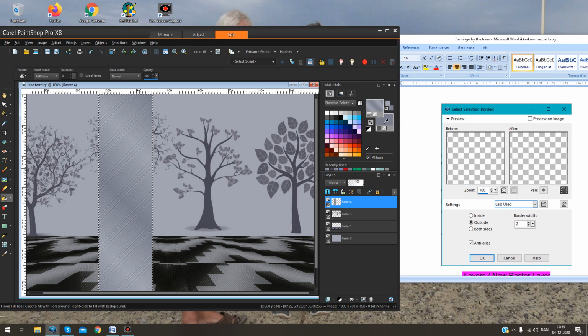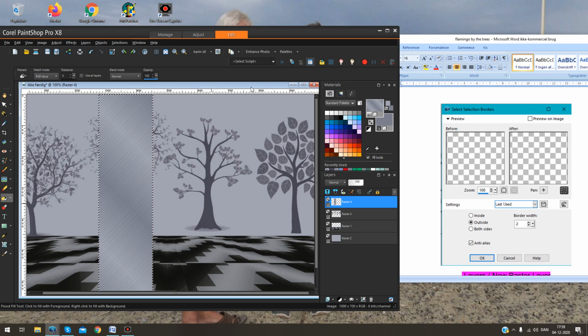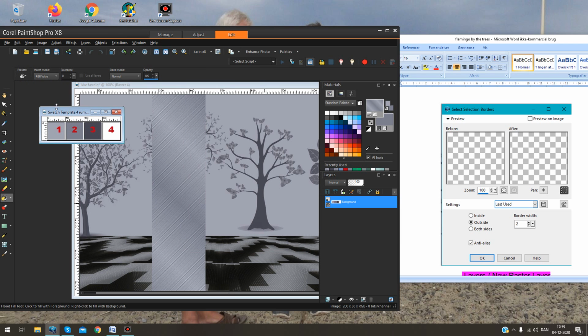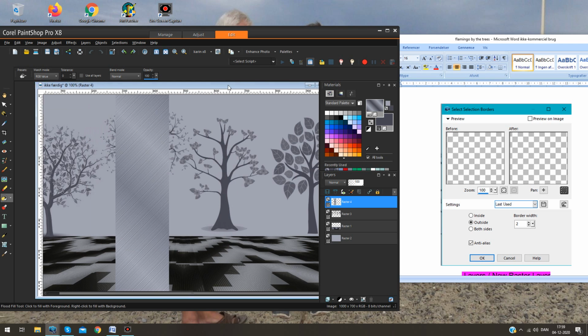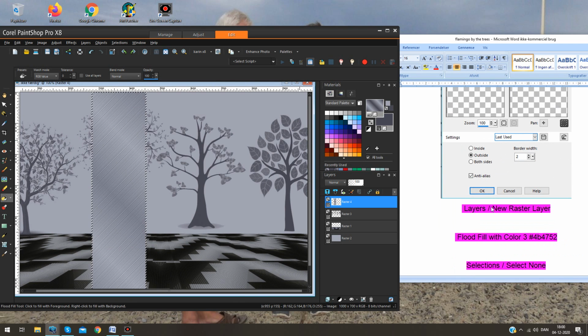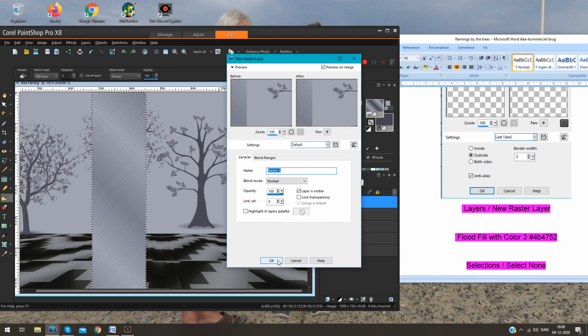Flood fill with your... One moment, I find my palette. Layers, new raster layer.